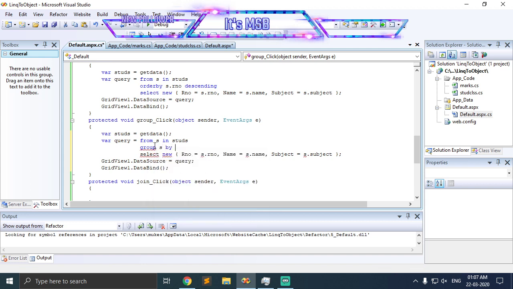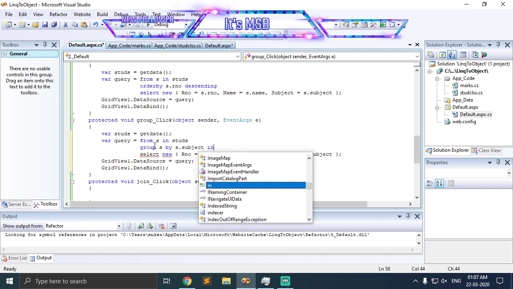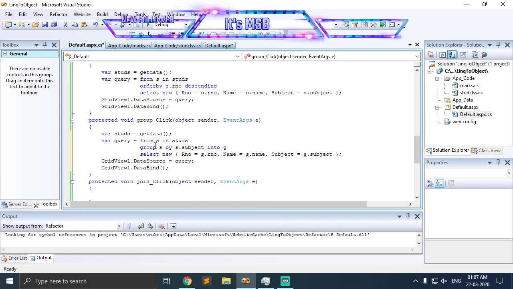Group s by s.subject into g. So we have to put s as a g here,